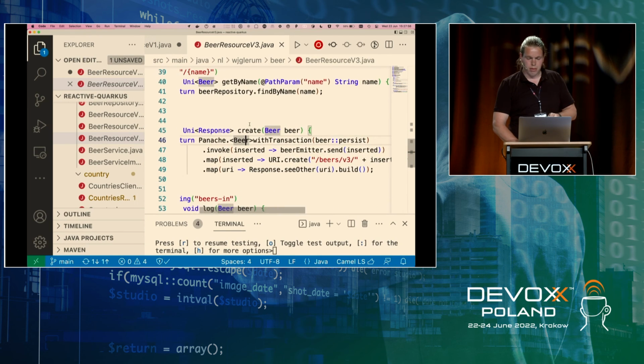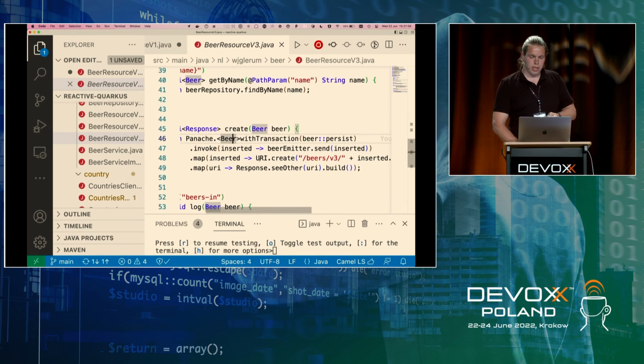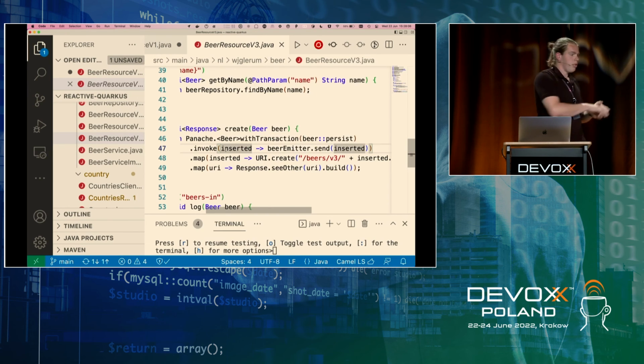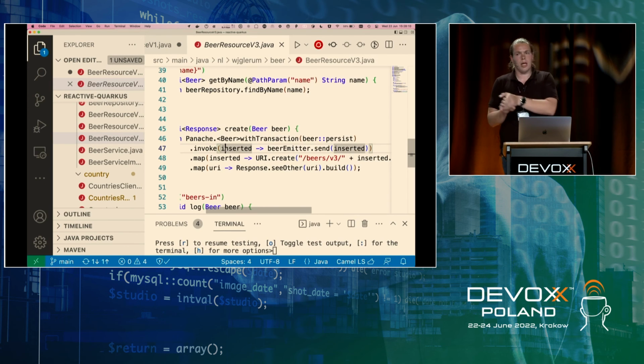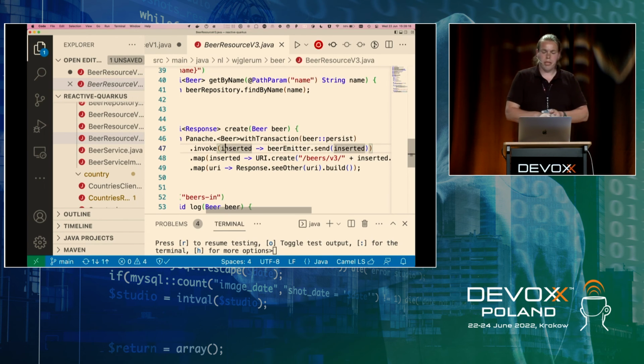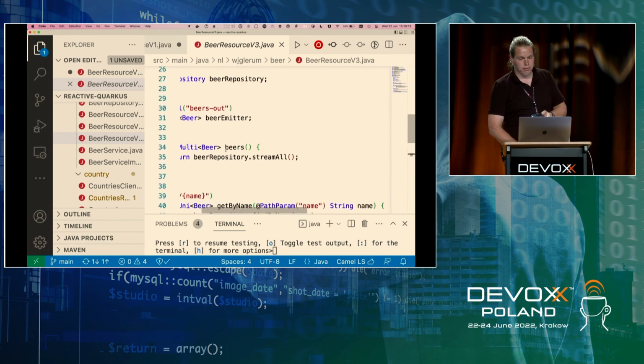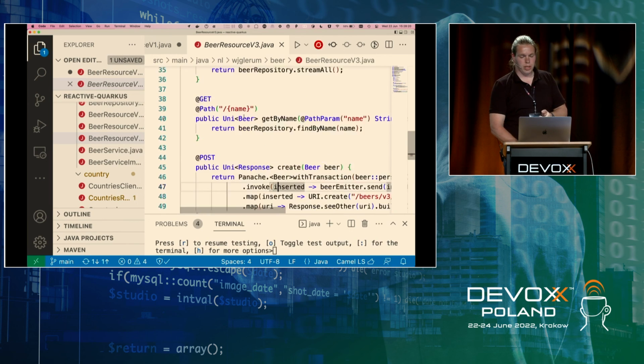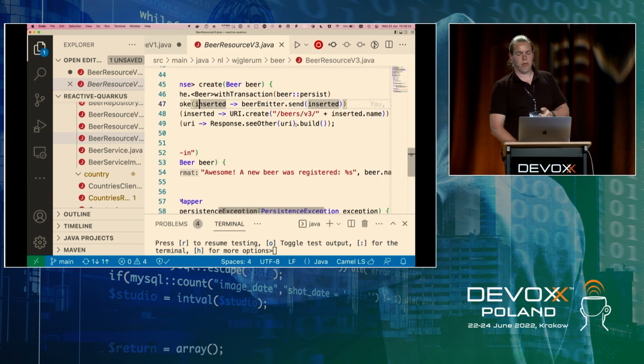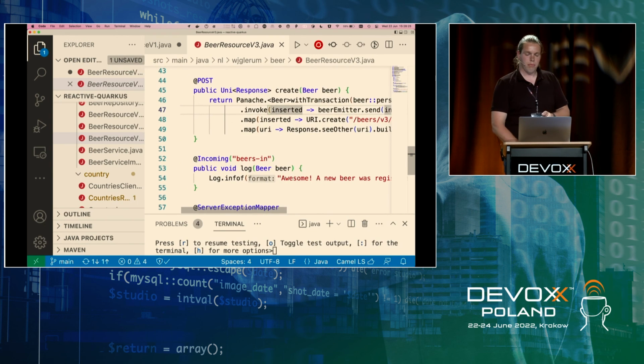When we get this beer, in the past, we only generated this URI and redirected. But in this case, when we insert a beer, after that beer has been saved, we know for sure it has been saved, it has been assigned an ID. Now when we get it back, before we redirect the client, we're going to emit it. So the beer emitter that we injected above, so this channel here, we're going to say send that beer over there. Oh, that's really nice, right?